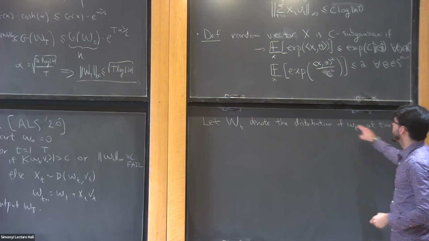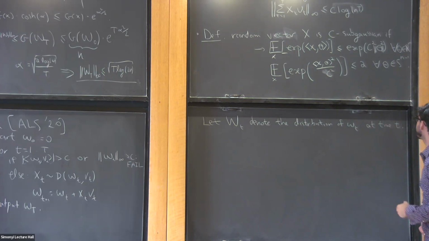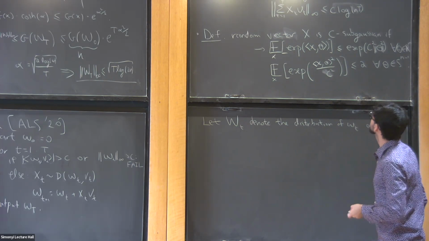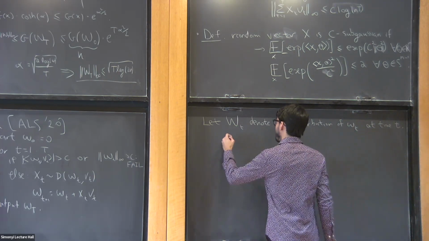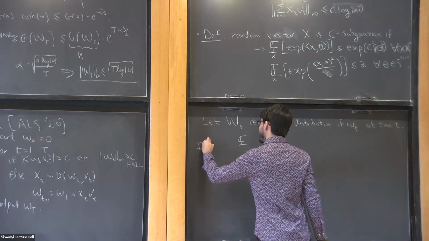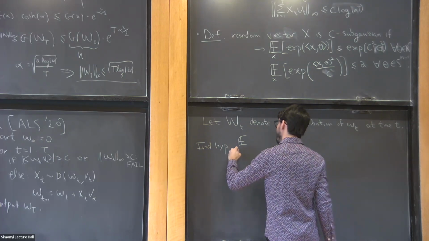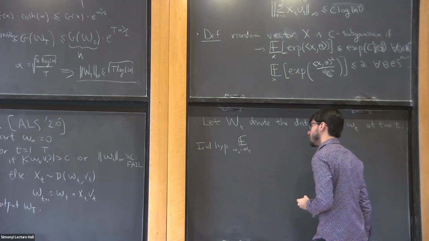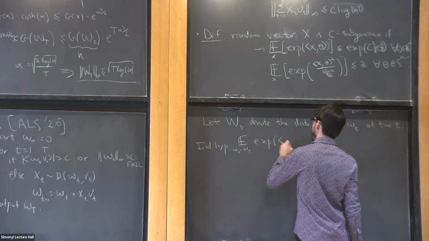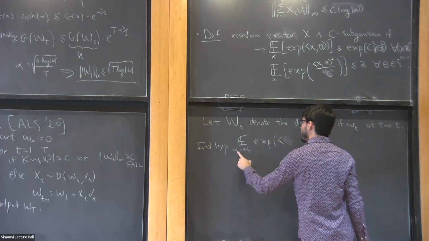So we want to show that this distribution is square root C sub-Gaussian. And we're going to just keep track of an induction hypothesis. The induction hypothesis is going to be that if I sample W here,